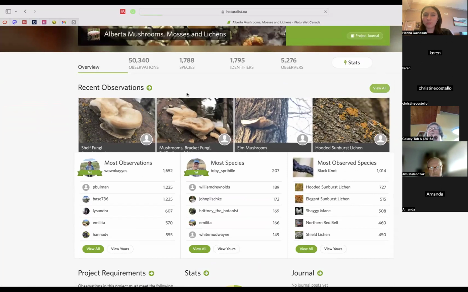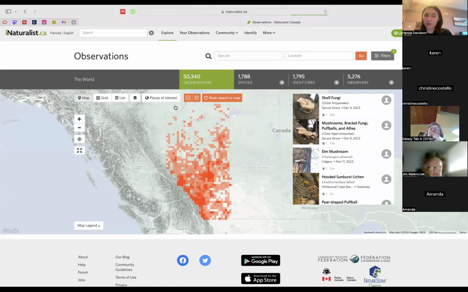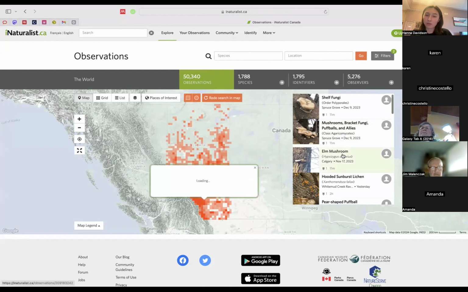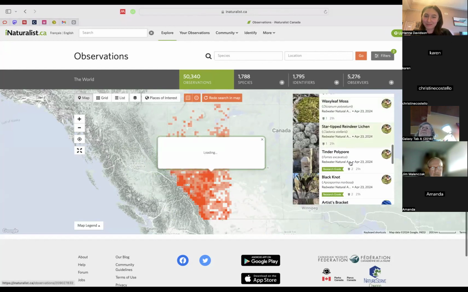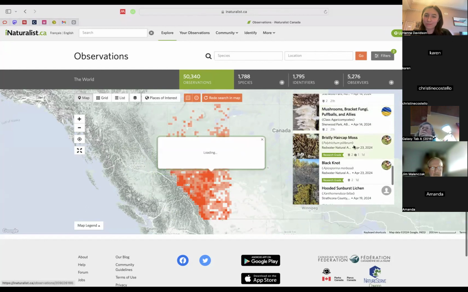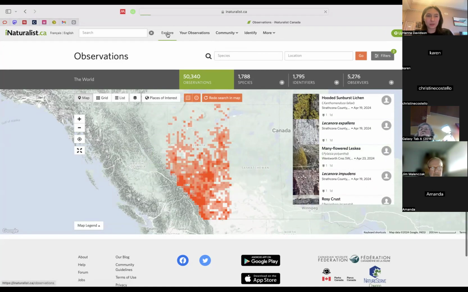And if you want to just view them all, it thinks for a second. They're all in Alberta, you can see that that line's strictly cut off by the project. And I didn't make that criteria with my search box. It just came like that because I clicked it through the project. And when I scroll, you'll see it's only mushrooms, mosses, and lichens. Not too many mushrooms right now because it's not the season, but I find this really fun. If you care about local species, what people are finding around you, I always check here because I think it's fun to see what's nearby. But yeah, let's go back to what Karen said.